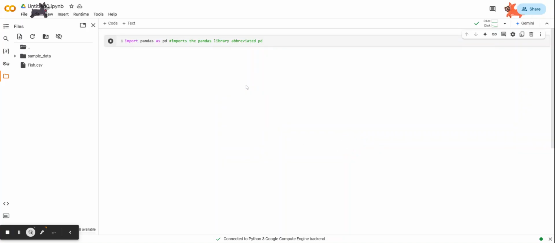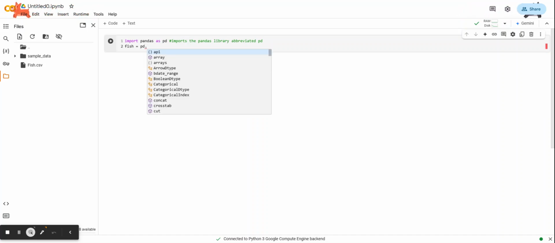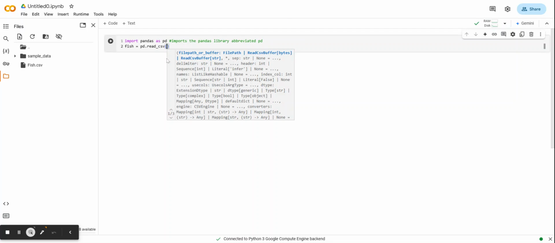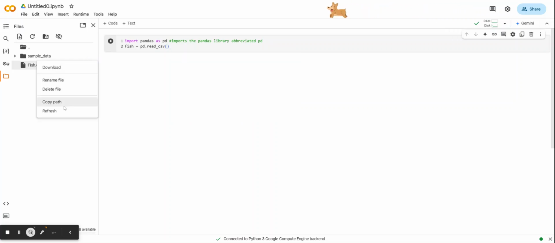The next thing we have to do is actually load our data set into the program. So you need to pick a variable that represents your data set. I'm just going to call this data set fish. Then I need to go into the pandas library and get a function. And the function that I need is read underscore CSV. Now, in the parentheses, I need to tell it what CSV file to look at. So I'm going to come over here to my fish data set, click the three dots, copy path,